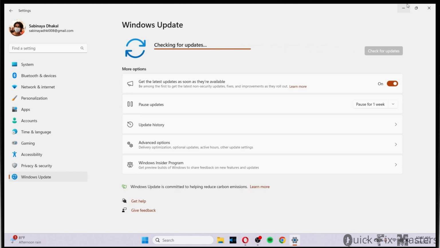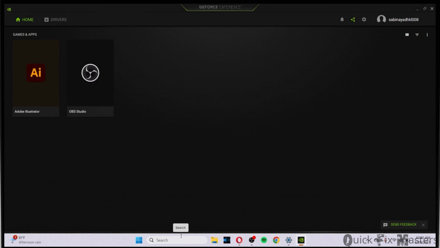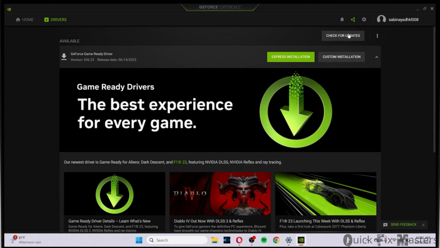The next thing to keep in mind is updated graphics drivers. If you have an NVIDIA graphics card, then make sure that you install the GeForce Experience application, go to drivers, and you can simply click on check for updates. And if you have any updates, then make sure to install the updates, which is one of the solutions by which you can solve your problem. If you use an AMD graphics card, then make sure to update your graphics drivers with the help of AMD